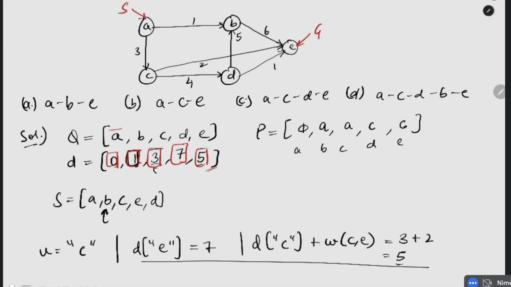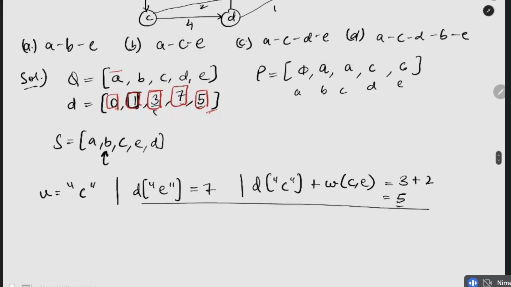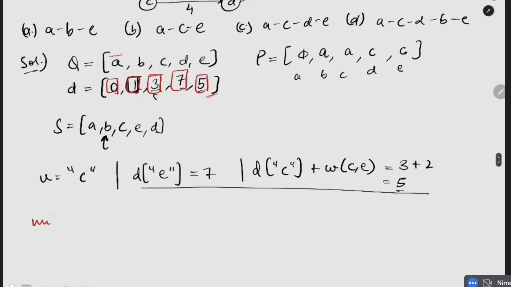One thing that we know is that the minimum cost to go from A to E is 5, right? That we can see here. But that's not what we wanted. What we wanted was the shortest path, right? And for the shortest path,